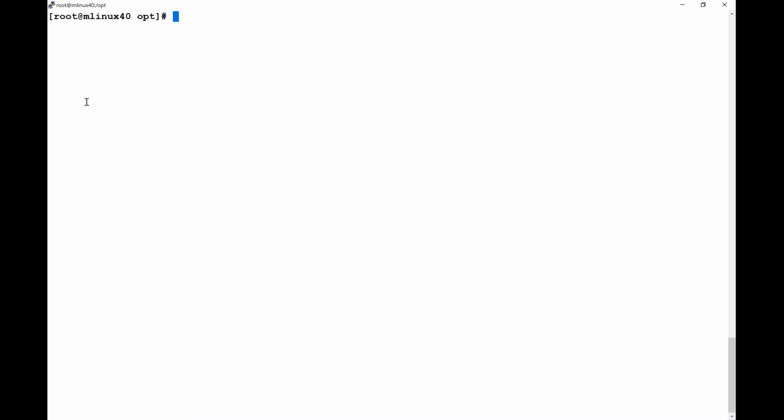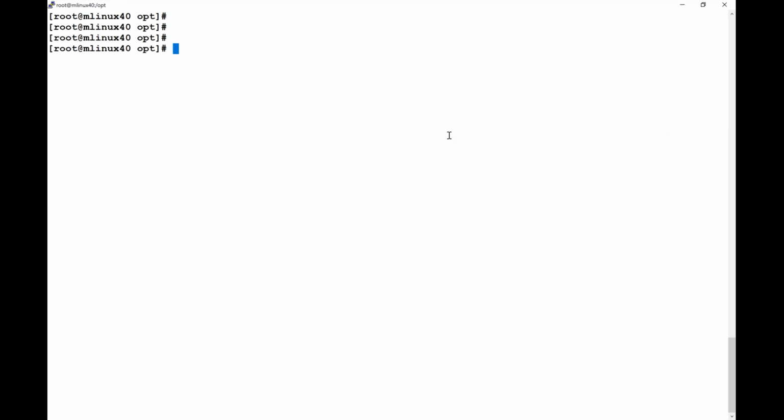In this scenario, I am already at the destination and I want to pull the data from the other machine. So what I'm going to do here is I'll say scp